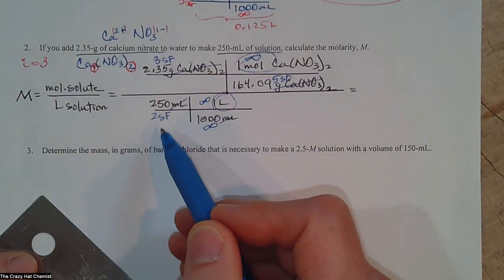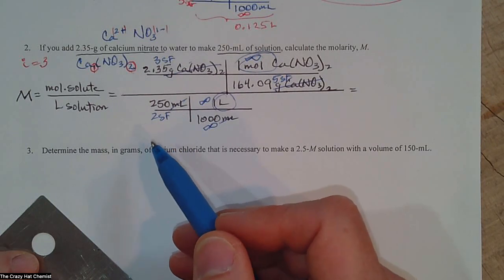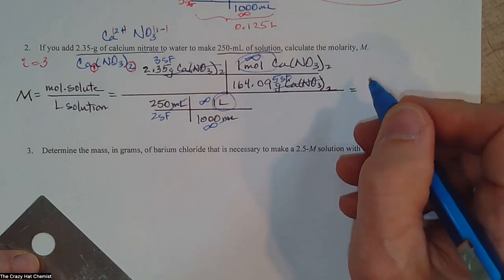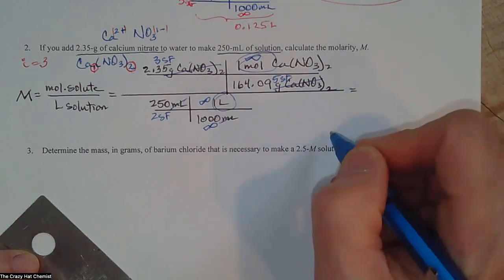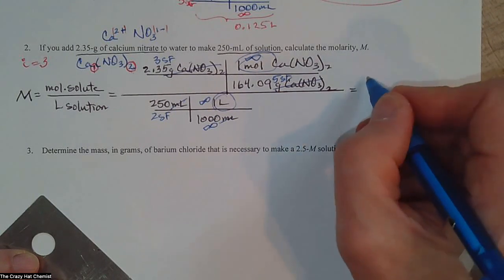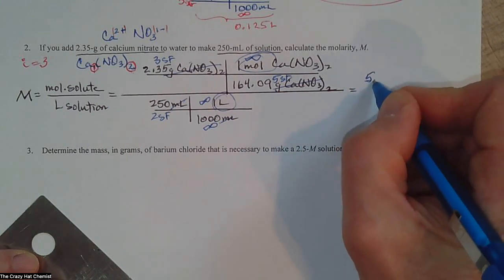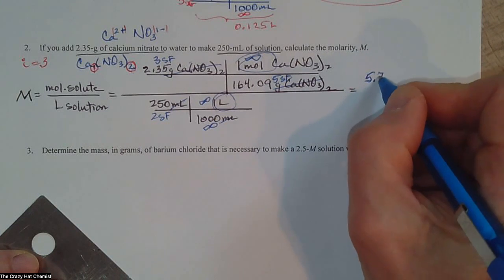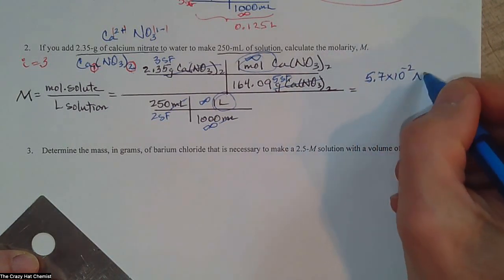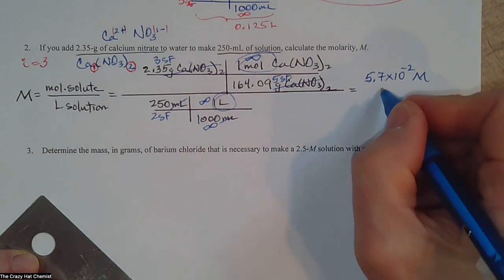I'm going to have 2 significant figures for my final answer. And so that will be, I'm going to put this in exponential notation, and hopefully you can, you don't have to use exponential notation. You can put this in decimal form, but I am going to put it in exponential notation. It's 5.7 times 10 to the negative 2 molar,